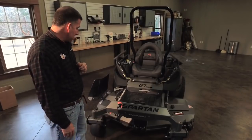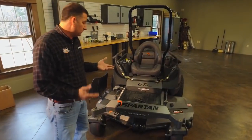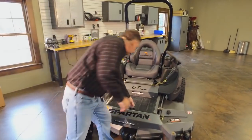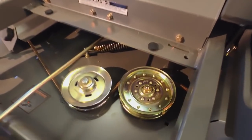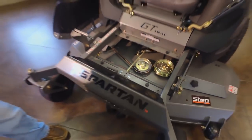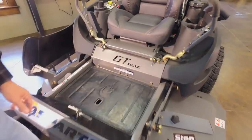So another thing is the accessibility of the machine. We don't want anything where you've got to remove something to get to another item. So we want everything very accessible. The front here just pops off right here, so you can get to your pulleys, get to your belts, get to your spring, get to everything. So very simple. In a split second it lifts off and it lays in rubber bumpers so it doesn't make any noise. Put it back on here, slide it back in here, come down here, and then what we have here is